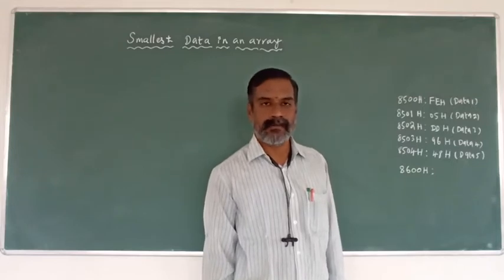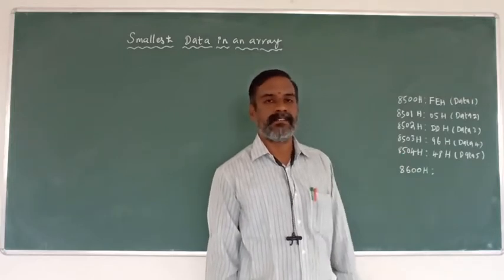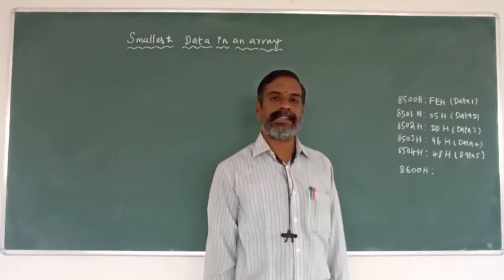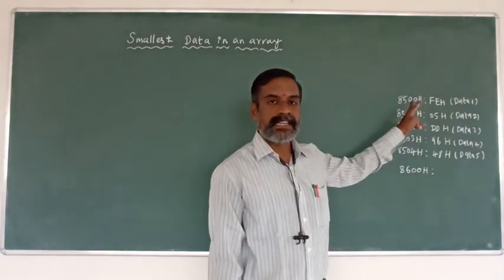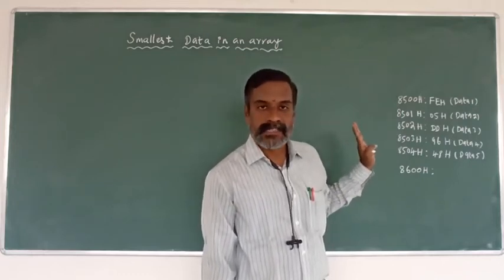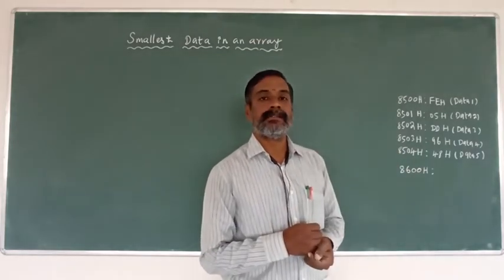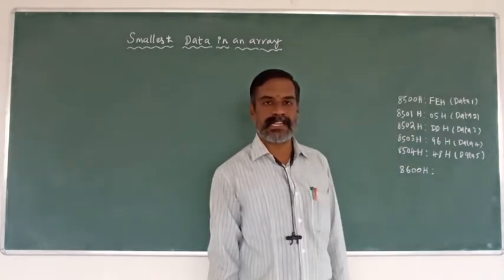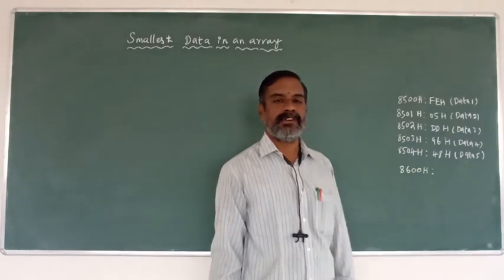In the largest program, we have to load the 8-bit internal memory with the smallest 8-bit data. What is it? Smallest 8-bit data is 00, and the largest data in 8-bit is FF. Okay? We have to compare first data with the FF. Now to compare these two, which one is the smallest? The smallest data always moves from external memory to internal memory till the counter value is 0. When the counter value is 0, the smallest data available in internal memory, that data is stored at the 8600 address.